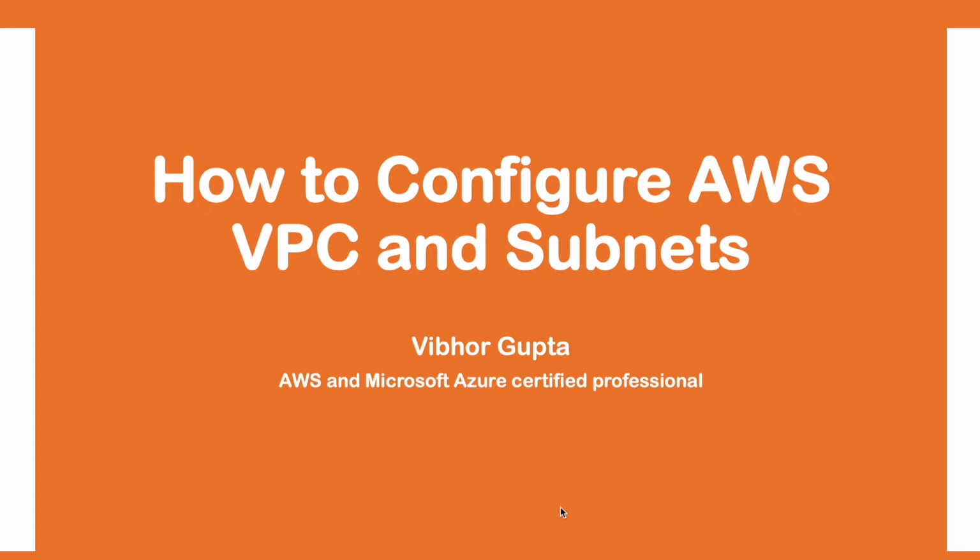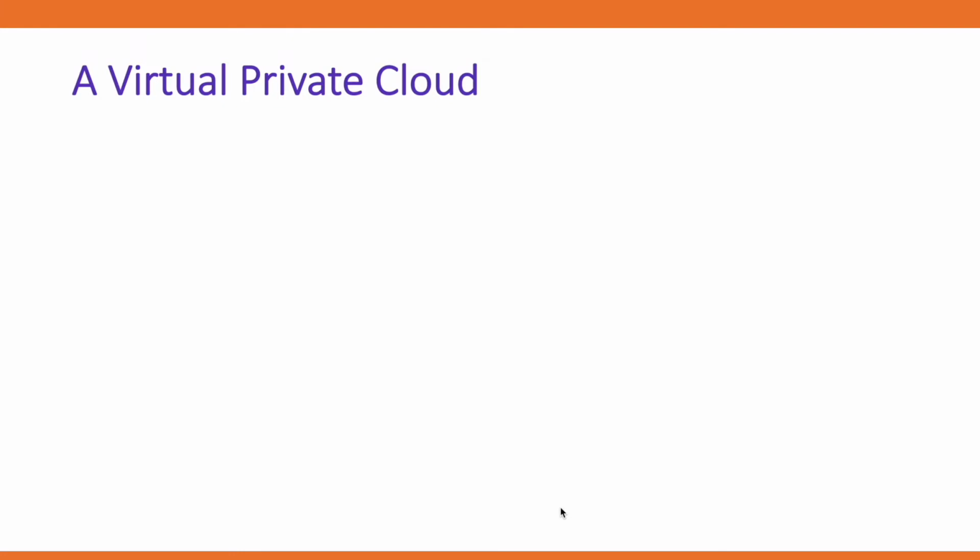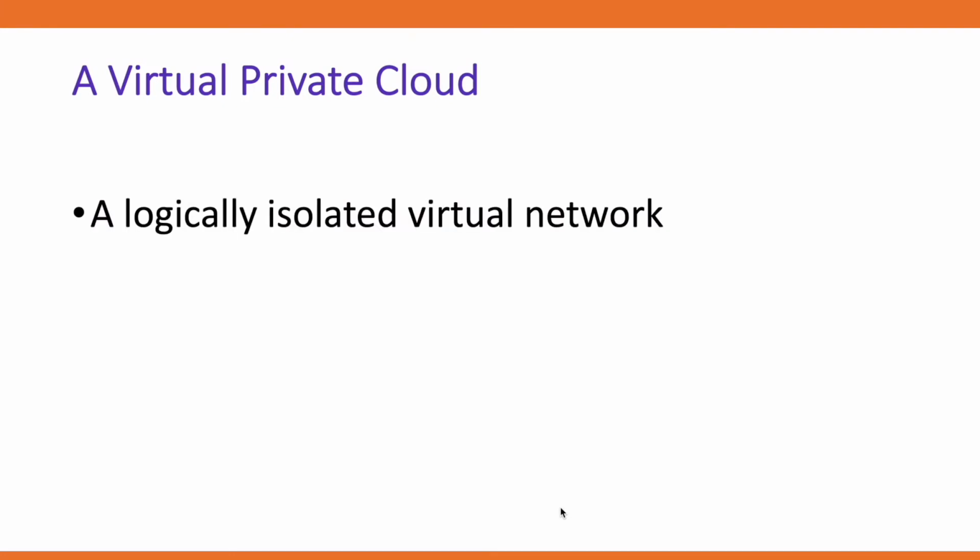Let's get started. A VPC is a logically isolated virtual network within the AWS account. It restricts connectivity to the external world. That means resources created within the VPC can't communicate to and from the internet or from any other network. If needed, the virtual network can be connected to the web with the help of an Internet Gateway.